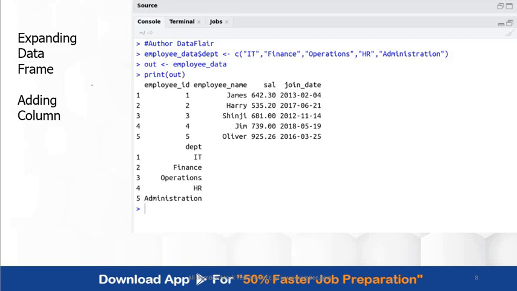Then whatever you have, you put that into an output temporary variable, like we printed the data frame earlier, and then you print it out. You will see that now you don't have only 4 measurements, you have one extra measurement which is called department. So this is the way you can expand the data frame by adding a column.